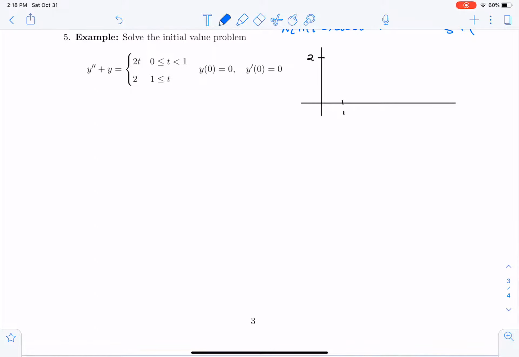Moving on to our next example, we have y double prime plus y is equal to 2t when t is between 0 and 1, and then equal to 2 when t is greater than or equal to 1. So what we have is a forcing term that starts at 0 and builds linearly to 2 over the time period from t between 0 and 1, and then it remains at 2